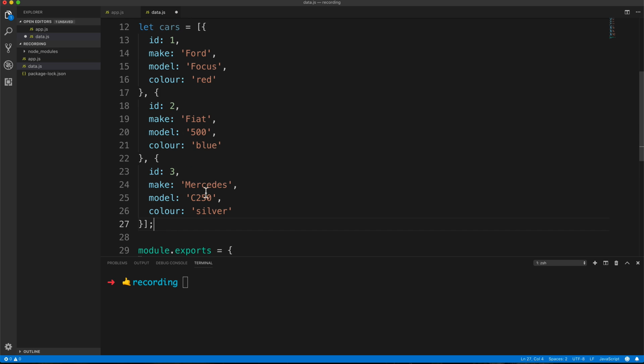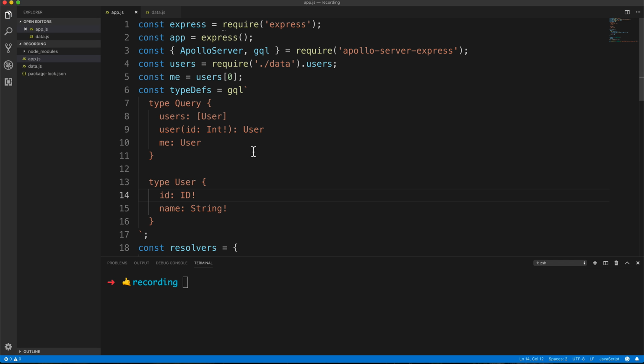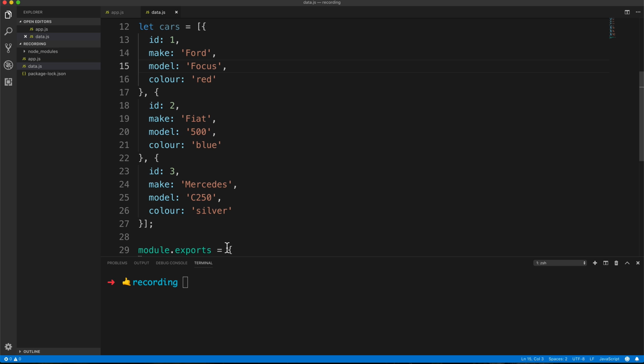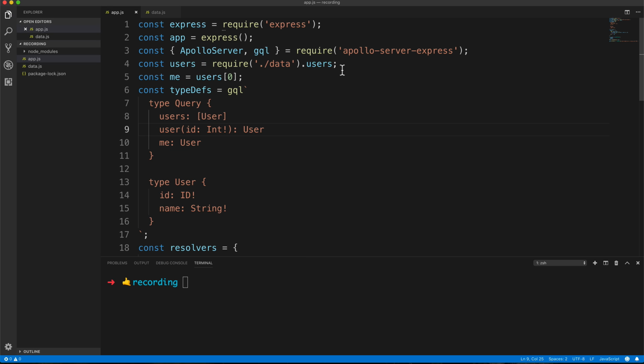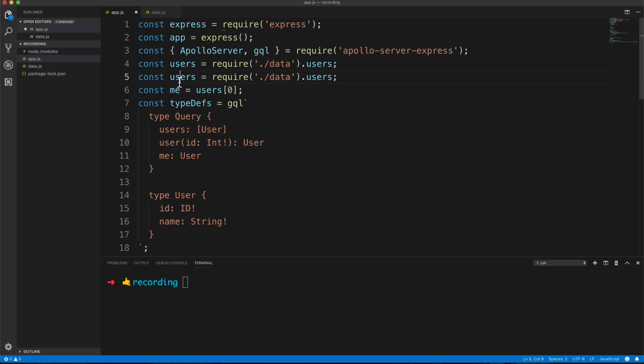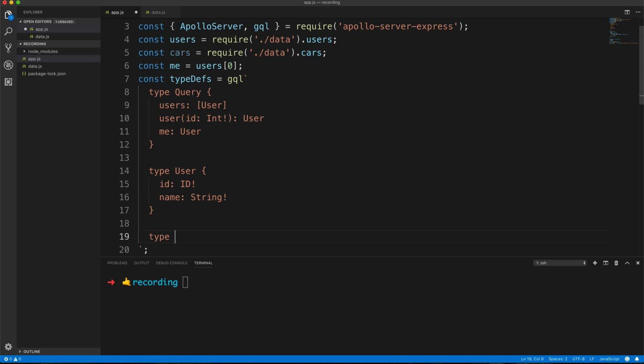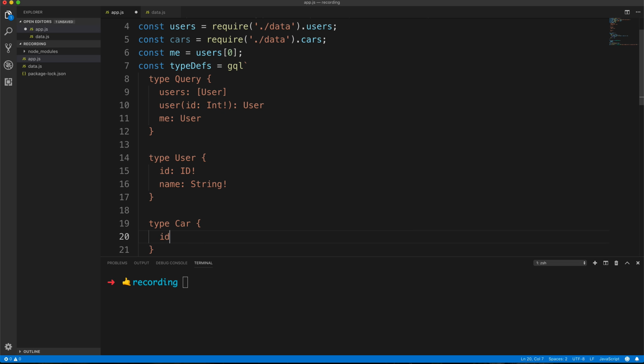Okay, so I copied additional cars in here. Let's save this, and what you had to do was to create additional queries. Actually, I forgot to export this, so we need to export cars, and then we need to modify this line here so that cars is also imported, and then we can make a new type for cars, or call it actually car. It has an ID,